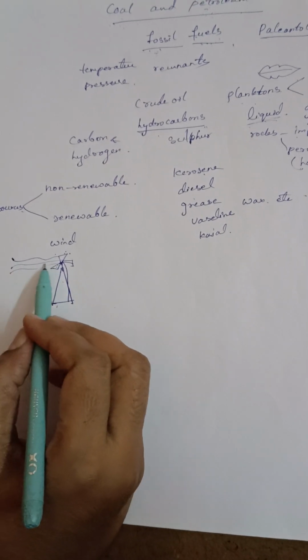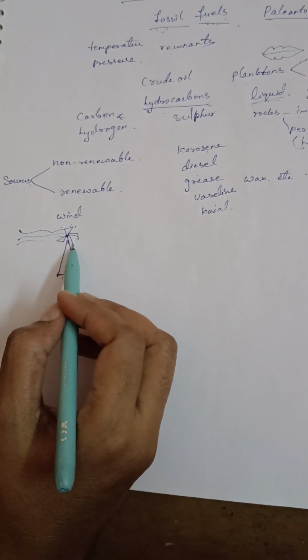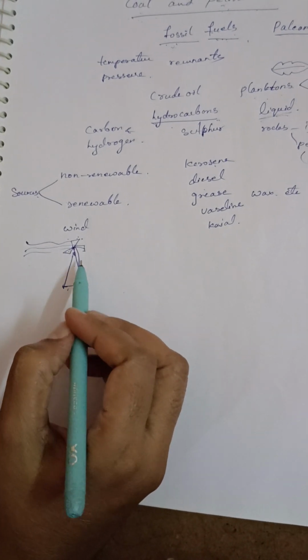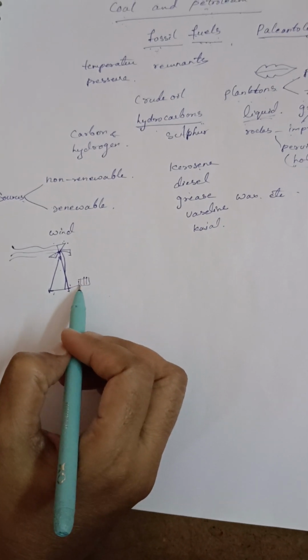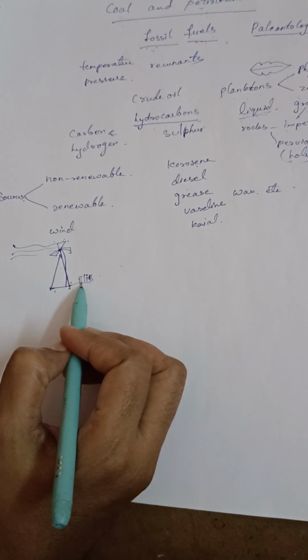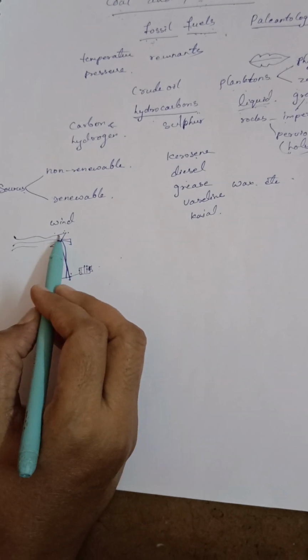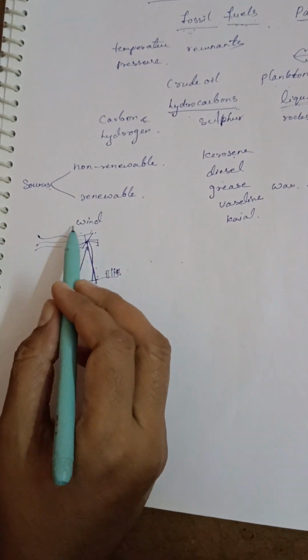Because of the wind, the fans of the wind vane will be rotated. When it is rotating, the shaft connected to it will be rotated. To this shaft they will connect the turbine. So when this turbine is rotated, electricity is produced. Okay, so here wind energy is used for the production of electricity, and there are many uses of wind vane.